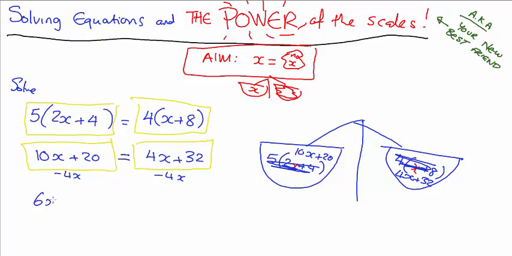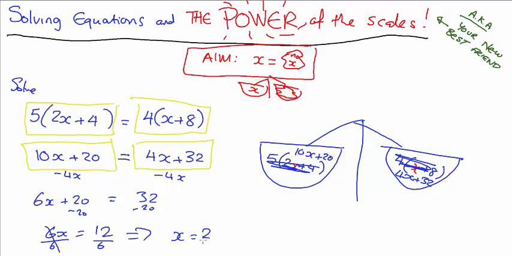Hopefully you guys see this becomes 6x plus 20 equals 32. Take away 20. So 6x equals 12. 32 minus 20 is 12. And finally, divide by 6. x equals 2. And remember, just to be 100% sure, you can plug that in. Just make sure you haven't made a silly little mistake somewhere, and as long as these are balanced, you've